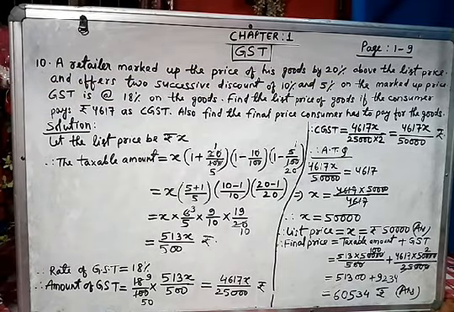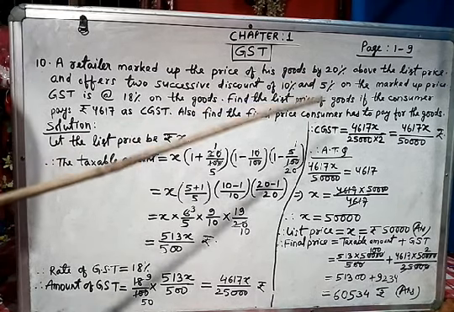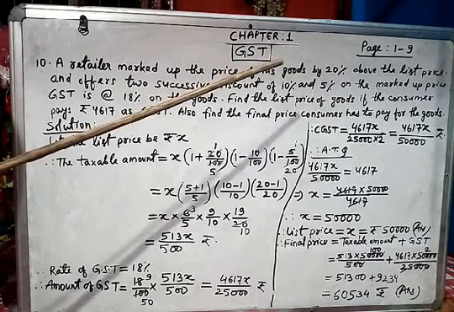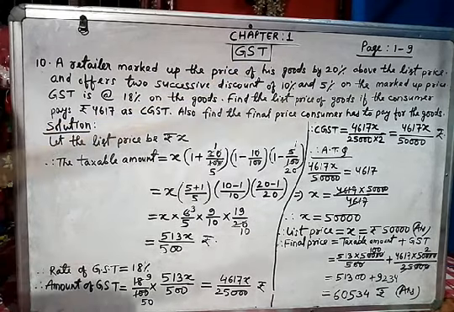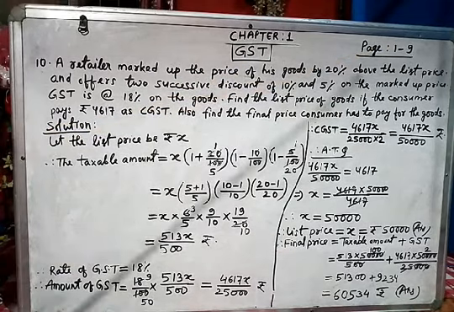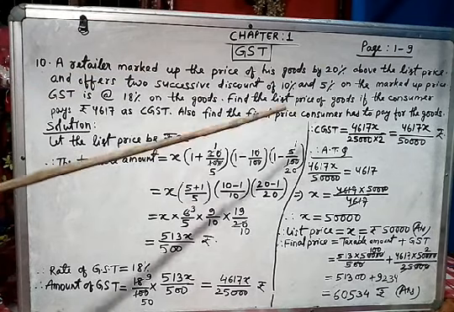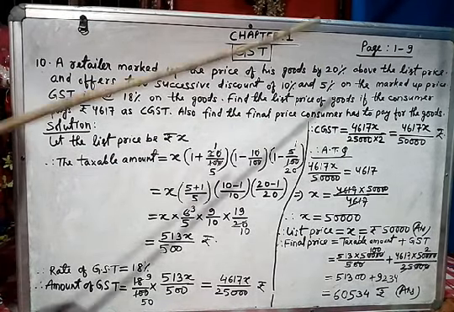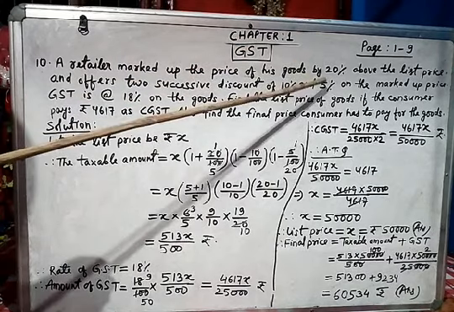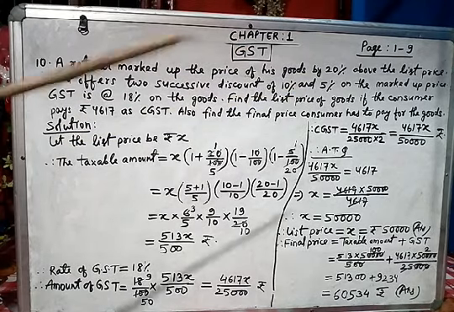So he is a businessman, a retailer, and he is doing one clever trick. Whatever the price of his goods is, he is increasing it by 20% above, and then he is putting a marked price. That means he is increasing the actual price of the good beyond that and then marking the price. That means he is increasing by 20%.